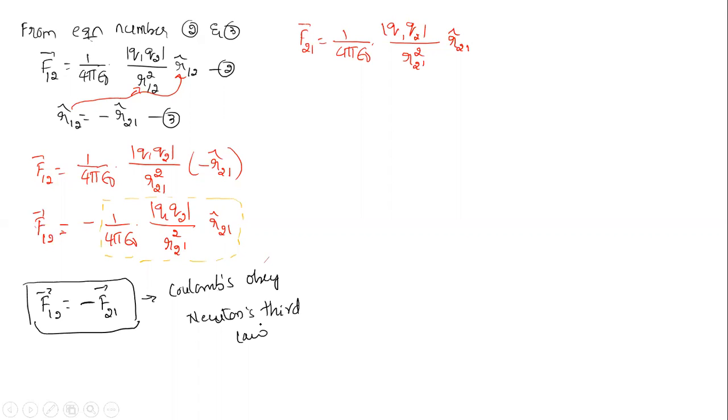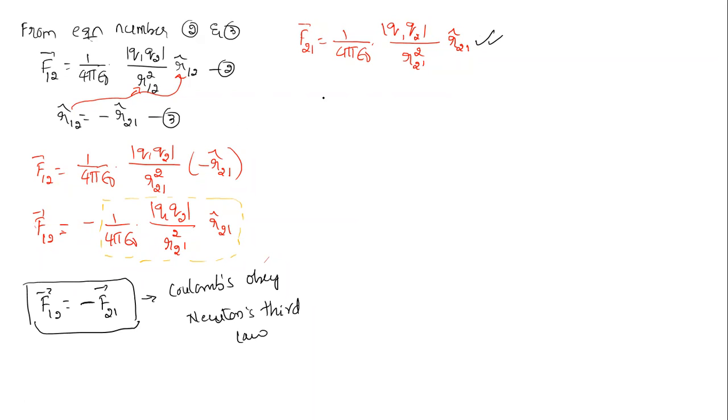Okay, sir, what do we actually need to write for the examination? For the PU level examination, they'll ask you to just mention the vector form and explain the terms. So you just need to write either equation number 1 or equation number 2, and mention what F21 is, what epsilon naught is, what Q1 and Q2 are, what R21 is, what R12 is. That is the thing you need to remember.